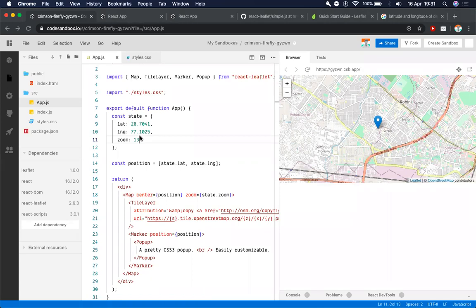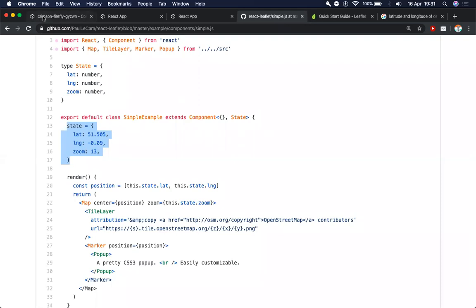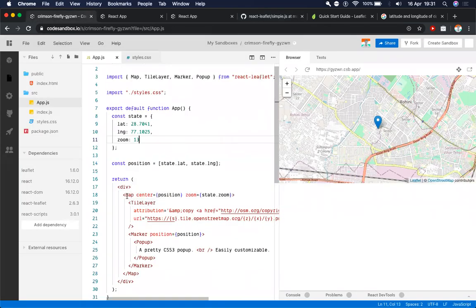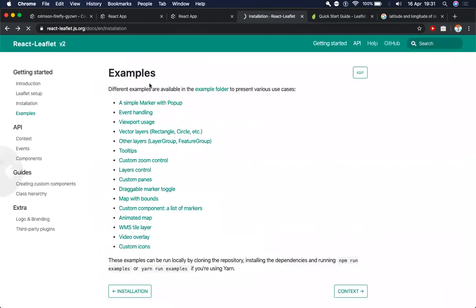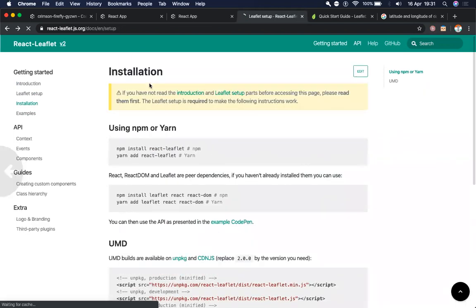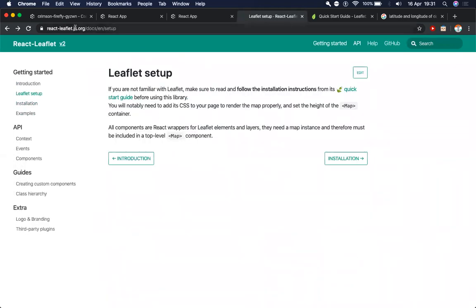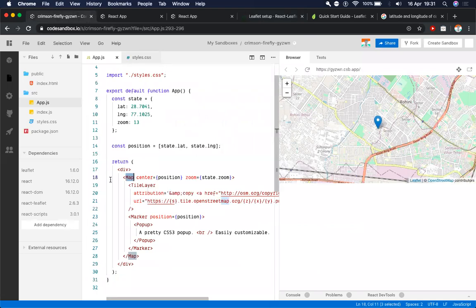to adjust the default zoom of the map. So right now would be a good point to explain the code that we had copied from this boilerplate. So basically what this code does is, we had read in the documentation somewhere around here that map is the top level component of our map. So we include map here, and the map takes two values as a property, which is center and zoom.